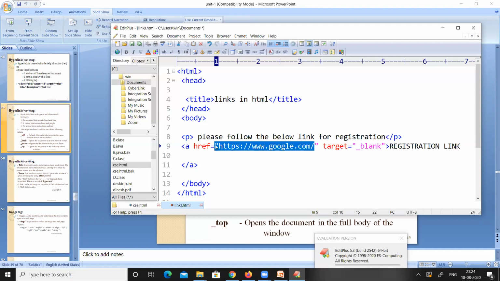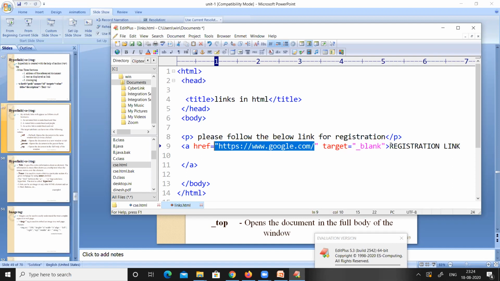So google.com will get opened in a new tab. Why am I saying new tab? Because we have given _blank as a value for the target attribute. So that google.com will get opened in a new tab when we make a click on this particular text.